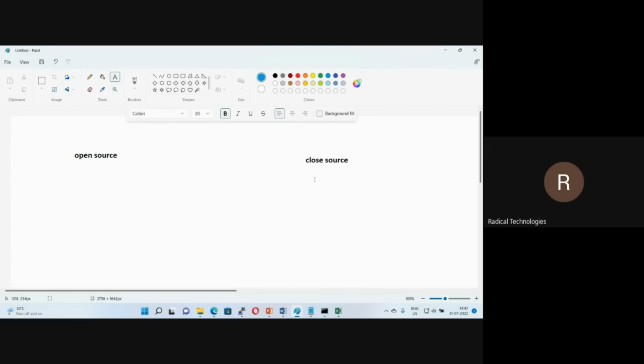Guys, if I talk about Windows, let's consider you want to install the Windows operating system. Can you freely download Windows from Google? Yes or no? No. Obviously no. You need to purchase a licensed copy from Microsoft, right? Guys, if you take one copy, can you distribute that copy to 10 members? No. That means you can't distribute.